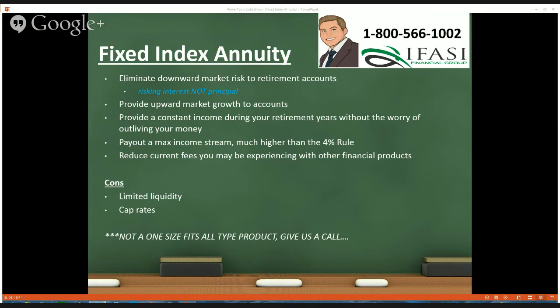Now, how exactly does this work? With a fixed index annuity, someone would roll over their money, whether it's a lump sum from cash, or from an old 401k account or old IRA account, rather than keeping that money in mutual funds or a stock or a bond, where there's a certain risk. There's potential downward market loss, downward market risk, and you also have the fees of paying a mutual fund fee, an advisor fee, different things like that. So when you roll over your money into a fixed index annuity, the way that the contract